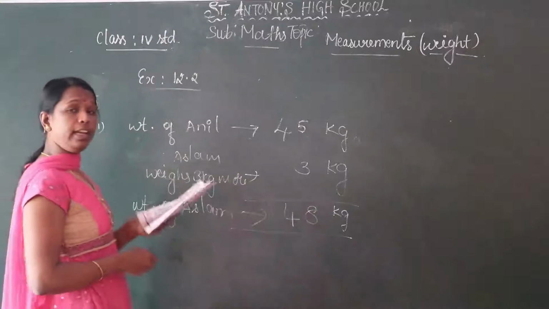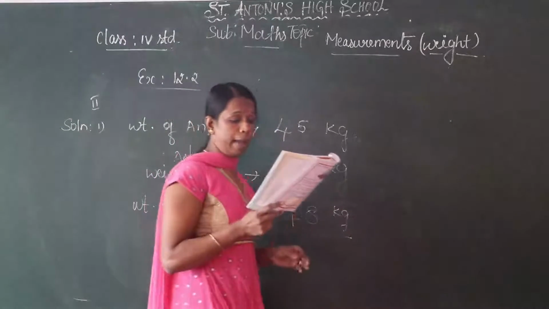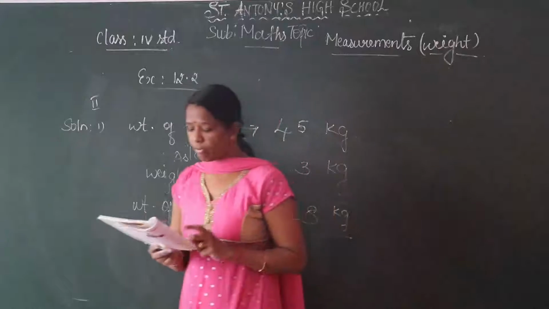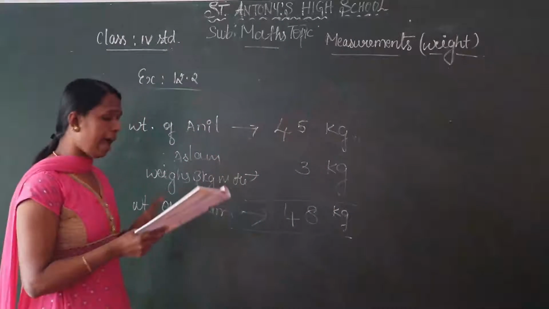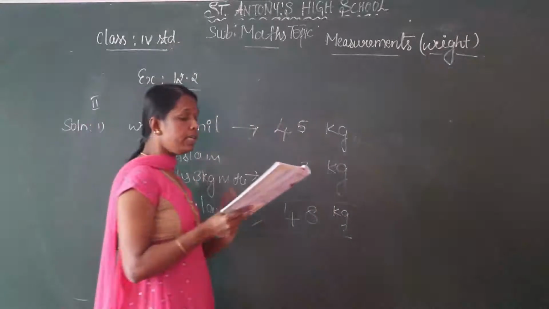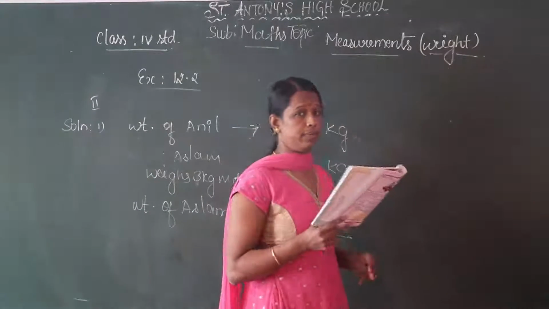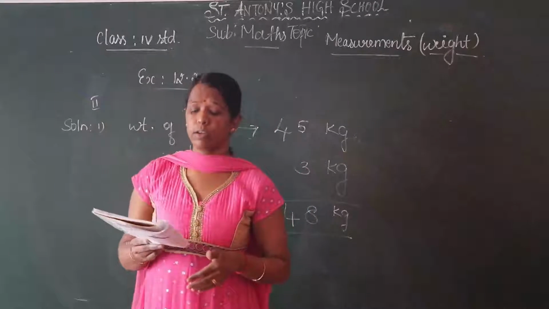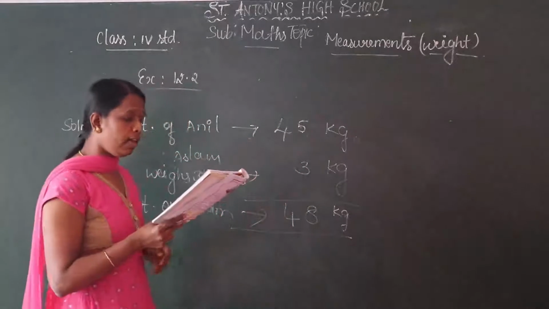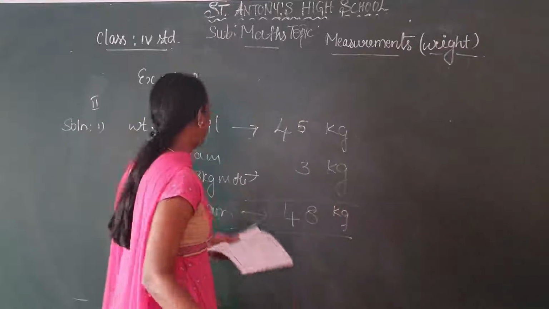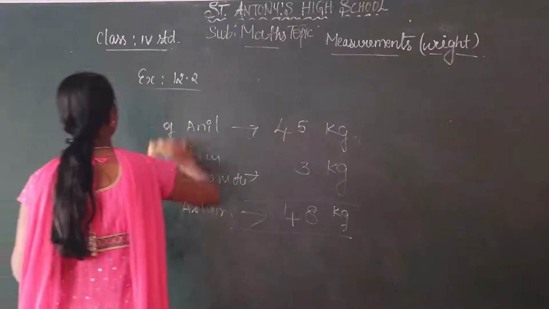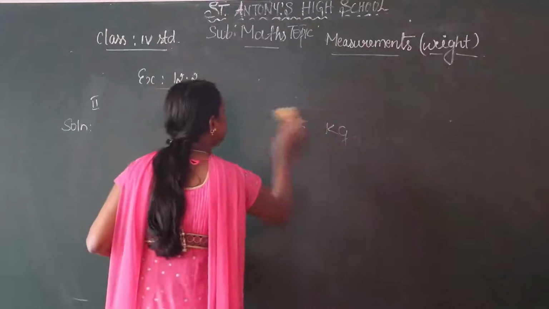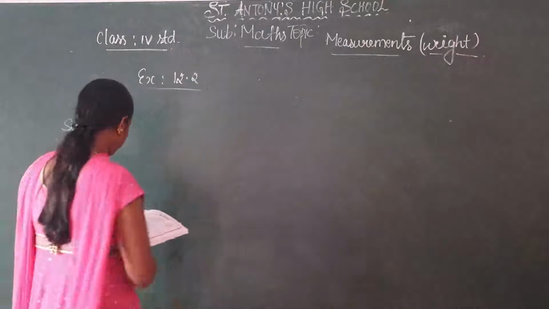Next question. Reena buys 10 kg of mangoes, 15 kg of apples and 12 kg of sweet lemon for a function. Okay. Read the question one more time. Reena buys 10 kg of mangoes, 15 kg of apples and 12 kg of sweet lemon. So now we have to calculate the total amount of these fruits. Okay. Write down one by one.